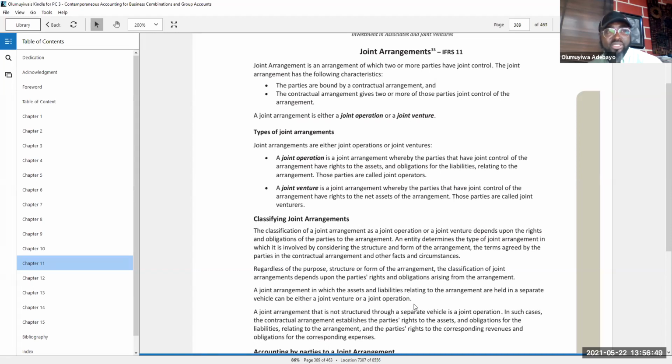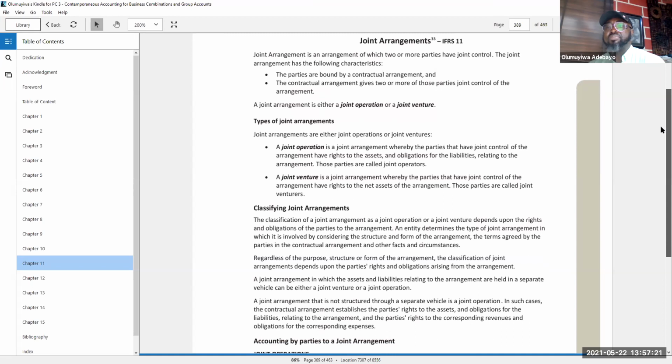This is what we mean by joint arrangement in its literary sense. It requires the pooling of resources together towards achieving a common objective and purpose. Okay, and we'll discuss that extensively. But before I break it down further and shape the narrative for us to have a better understanding, I want somebody to volunteer, as usual, to make some expression out of this. And from there, we'll move on.